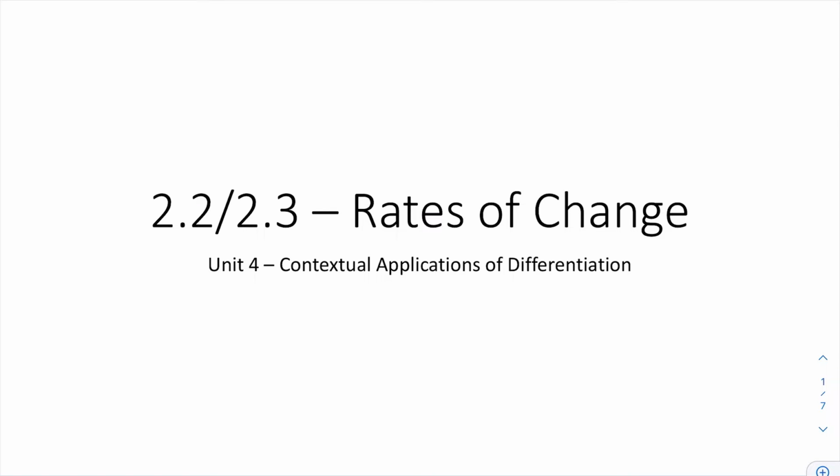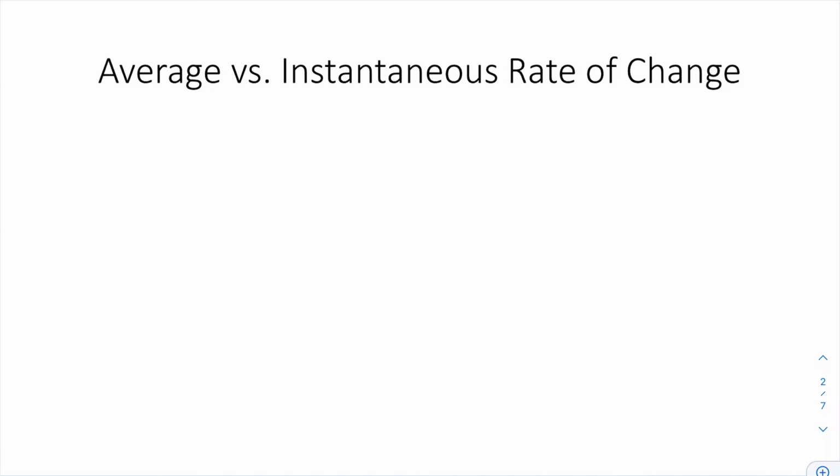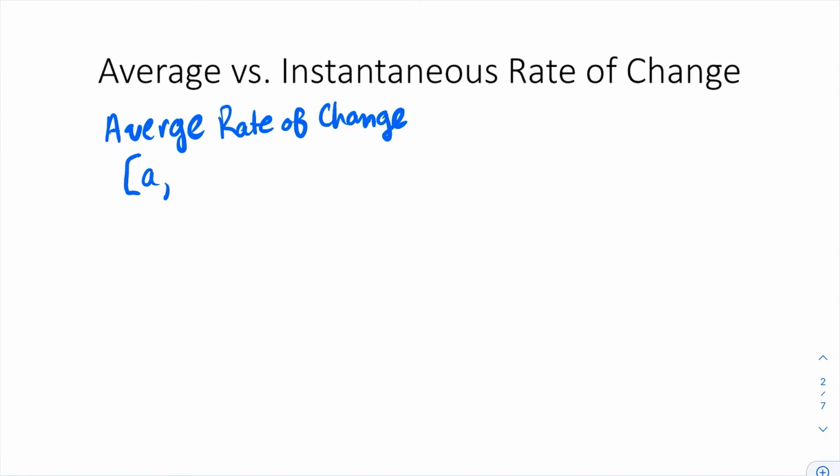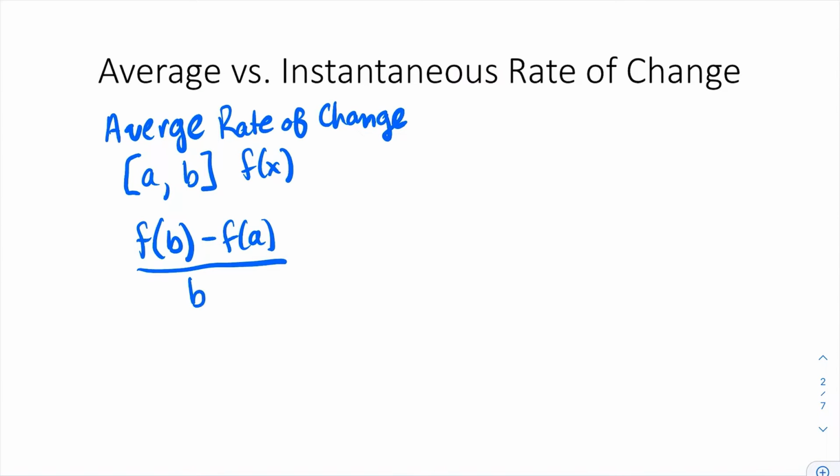Today we're going to be talking about rates of change. So, average versus instantaneous rate of change. Remember, the average rate of change over an interval, I'm going to say from a to b, of some function f of x is f of b minus f of a all over b minus a. So it's the slope of a line through 2 points